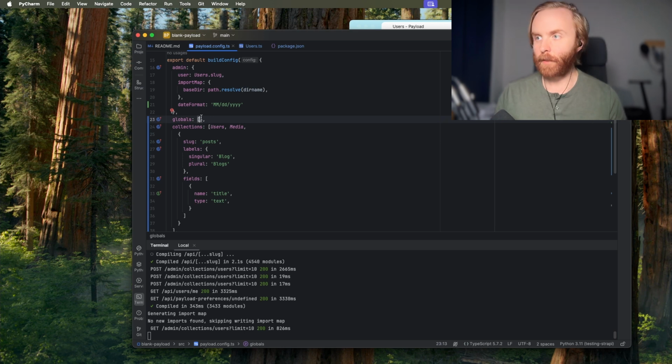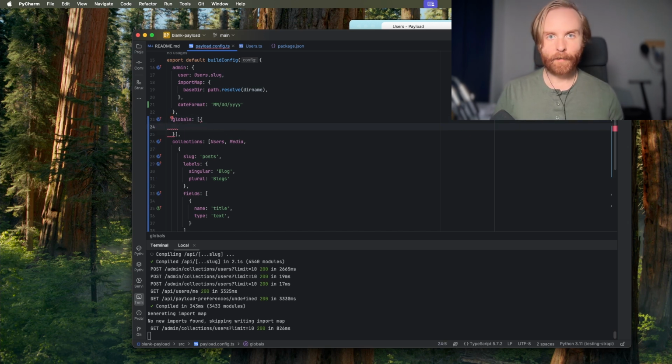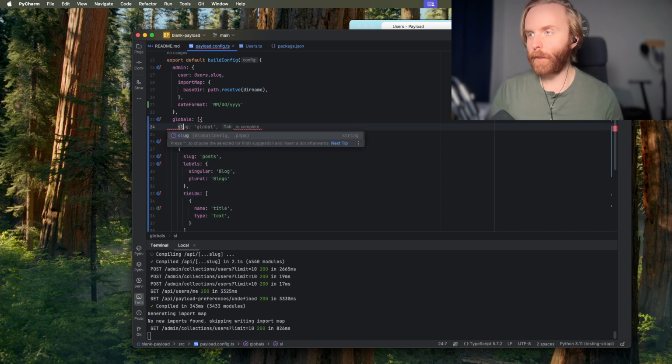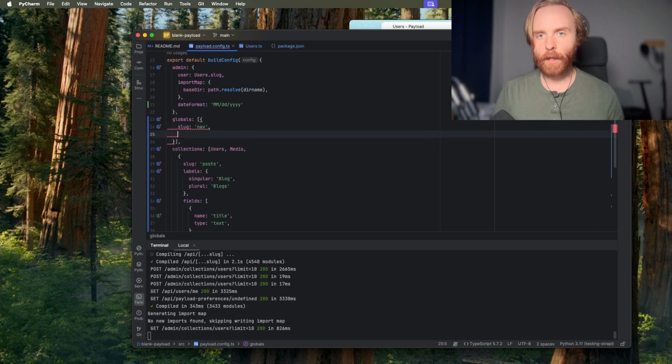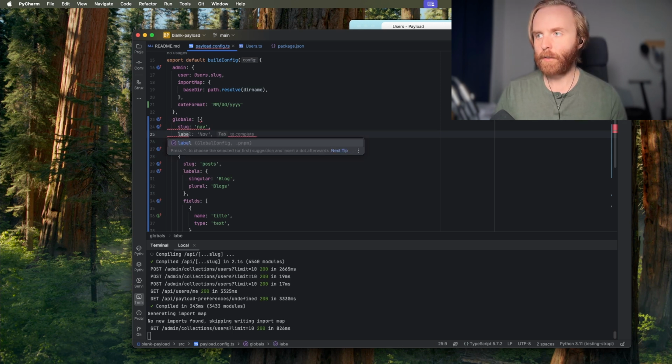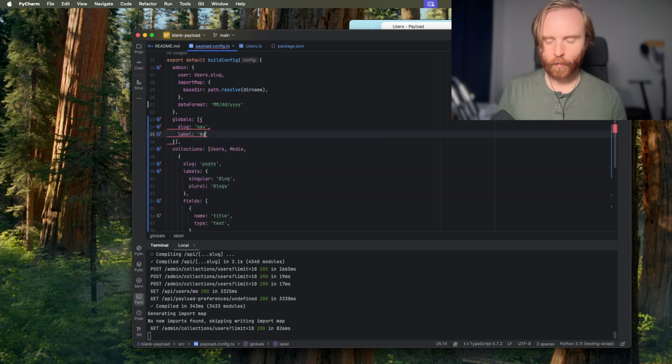So we just added the globals array here, and again, it needs to be an object, and we're going to add a global config called nav. So we're going to use slug, we're going to call it nav. And again, we can use labels here to show something other than nav, which is not very descriptive in what we want to say. So we can just set label to navigation,